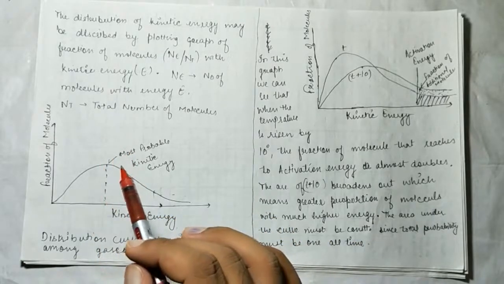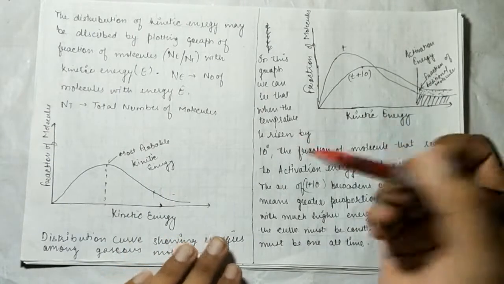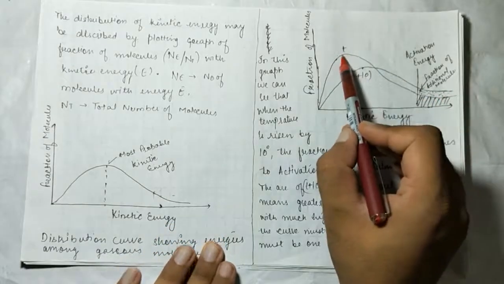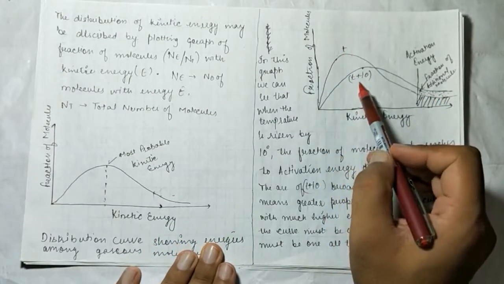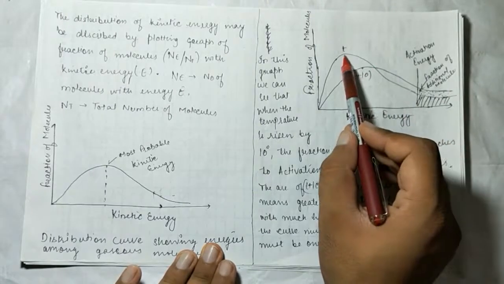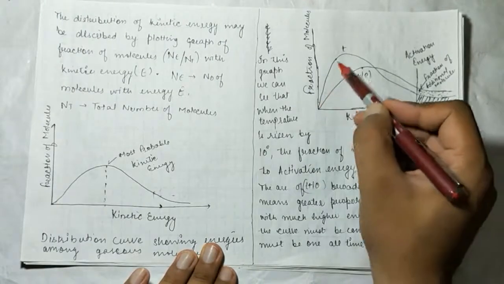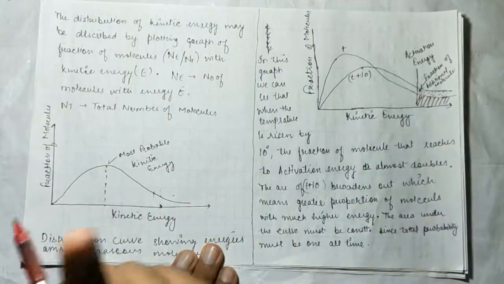ओके, अच्छा ये तो था सिंपली एक ग्राफ. अब कई बार क्या होता है, हमें कंपेयर करना होता है टेम्परेचर डिफरेंस के ऊपर, जैसे कि हमने सेम रिएक्शन है, पहले उसको T टेम्परेचर पे लिया एंड देन आफ्टर वी हैव टेकन इट एट T+10 डिग्री। ओके, एक बार मान लो हमने 50 डिग्री पे लिया तो एक बार 60 डिग्री पे ले लिया, तो क्या हुआ देखो ये ग्राफ सेम है, फ्रैक्शन ऑफ मॉलिक्यूल्स।